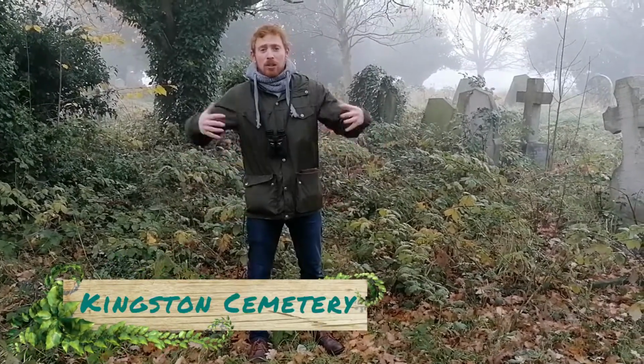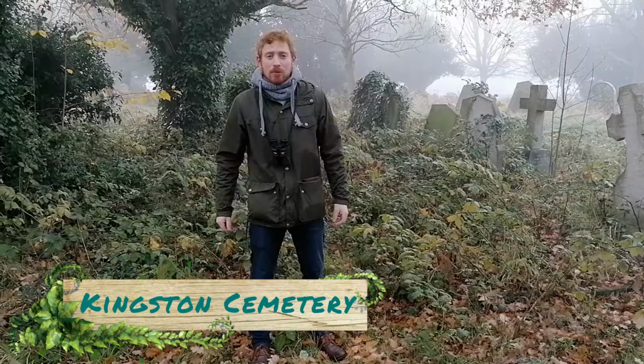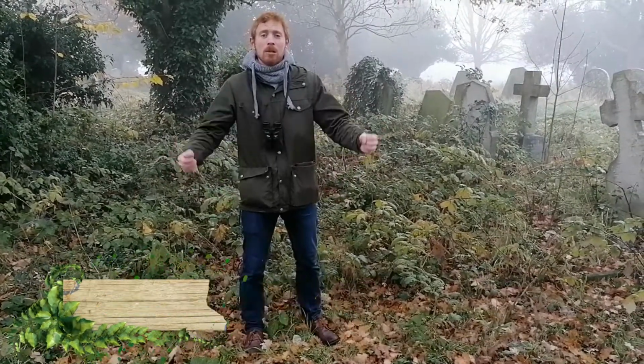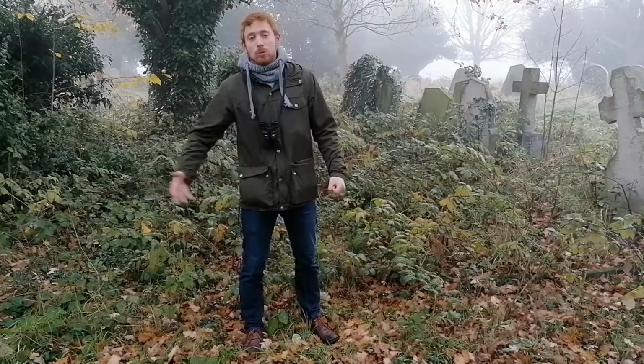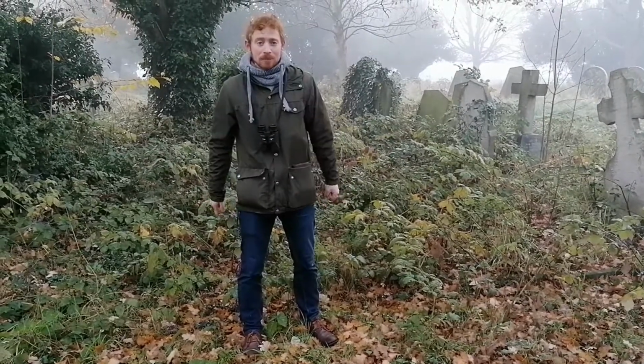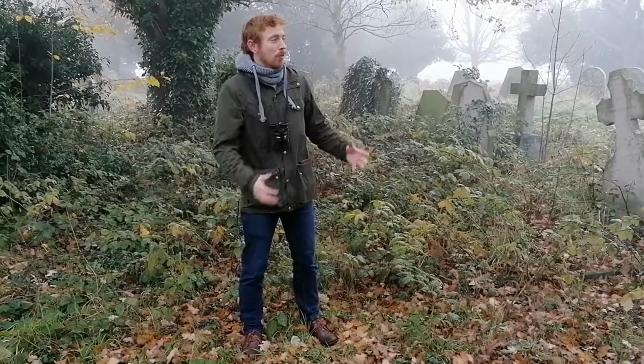And today we're in a very special place. We're in the Kingston Cemetery. And a lot of people might not consider cemeteries for being places for wildlife, but they are of course very important for people, but they're really important for all sorts of wildlife populations, and that is across the whole of the UK. And for Kingston specifically, this is a really important big site that we have quite near the town centre. It's 32 acres in size, so it's really quite big, and it's home to all sorts of habitats, from